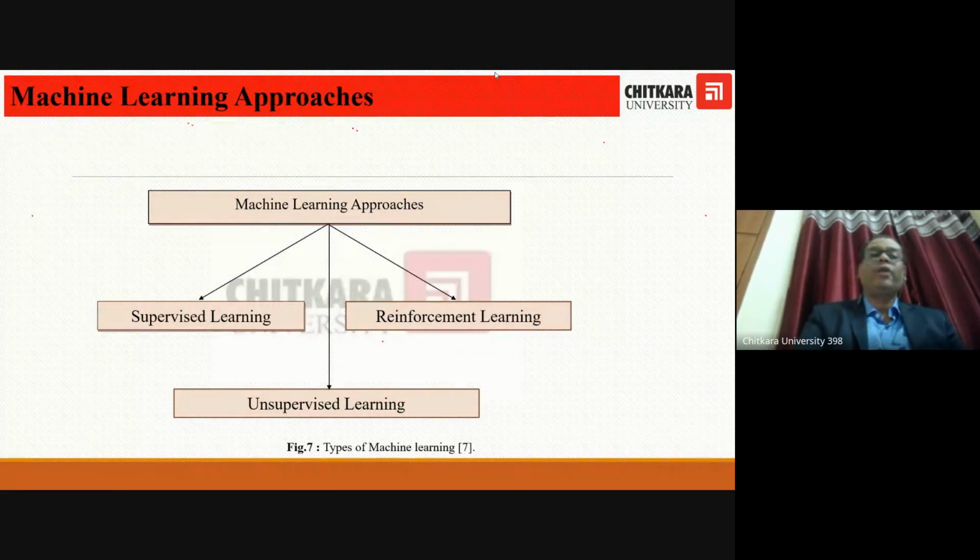So in machine learning, there are three types of approaches. One is supervised learning, second is unsupervised learning, third one is reinforcement learning. In supervised learning, we have labels as well as ground truth images. We can say a label is a ground truth image. So whatever original image we have, we have the ground truth image, the label of that particular original image is also present in